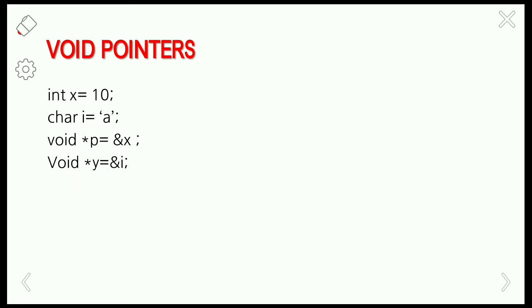We are applying the void pointer to store the address of i, so it will typecast the address of i to the character type. So y will also be of character type by using the void pointer. So it can store any data type by using the pointer variable.